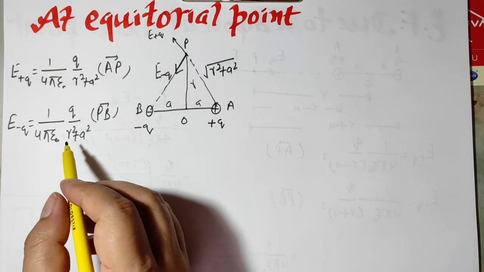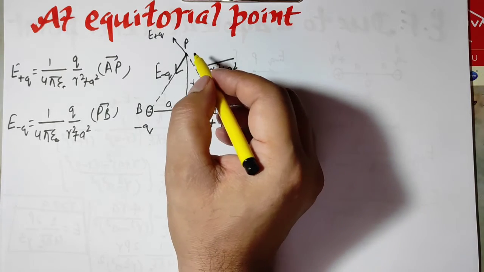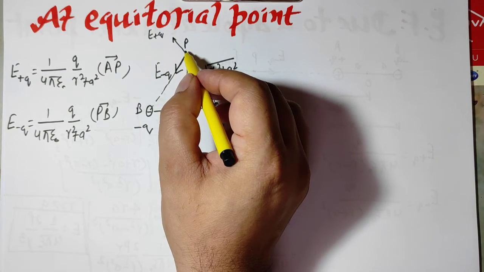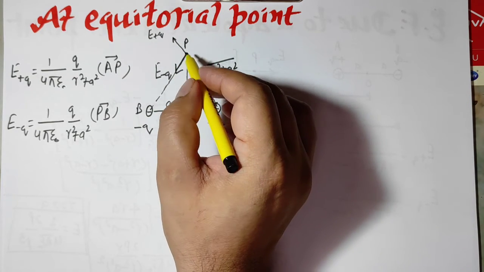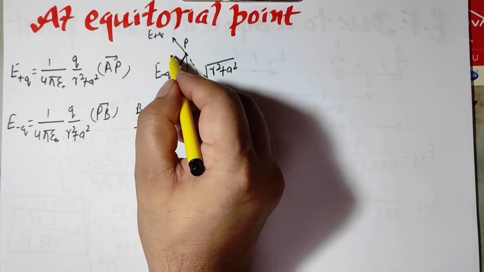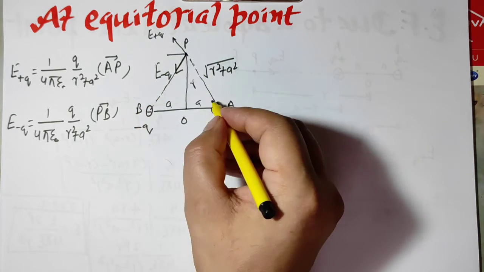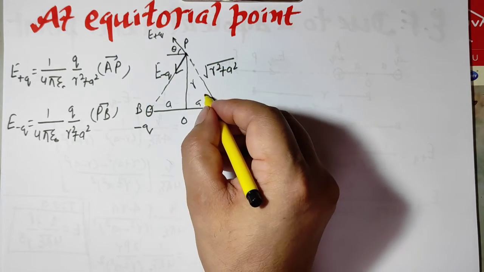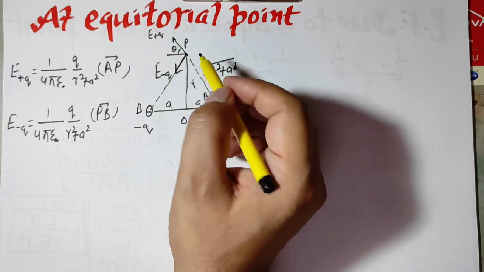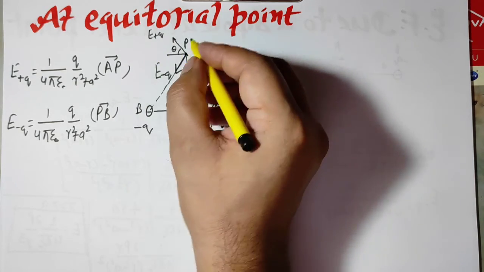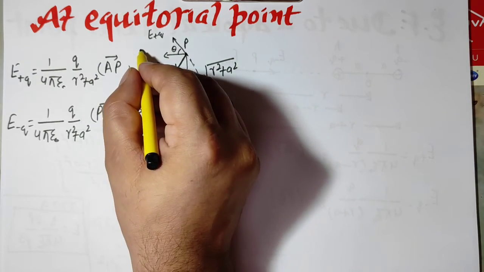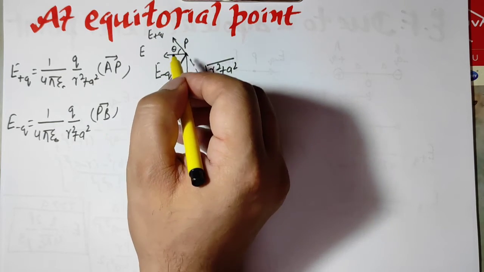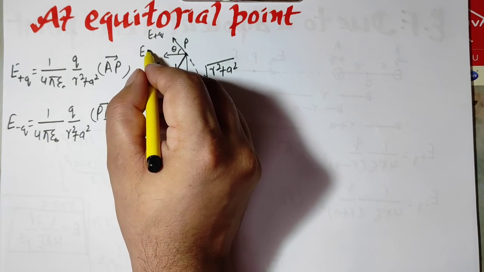Now the resultant, that is the main part here. If you see, we can't just add or subtract them, because they are neither in the same direction nor in opposite directions. Then we take components. How? See, this angle is theta, and this one also gets theta. Now this is E plus Q. Suppose E plus Q and E minus Q, quantity-wise both are just E, so it will be E cos theta.